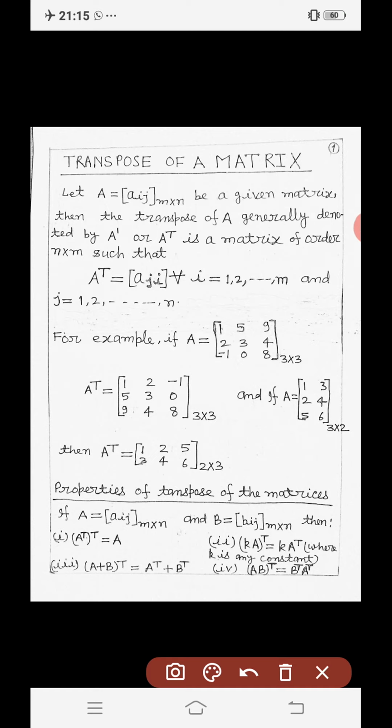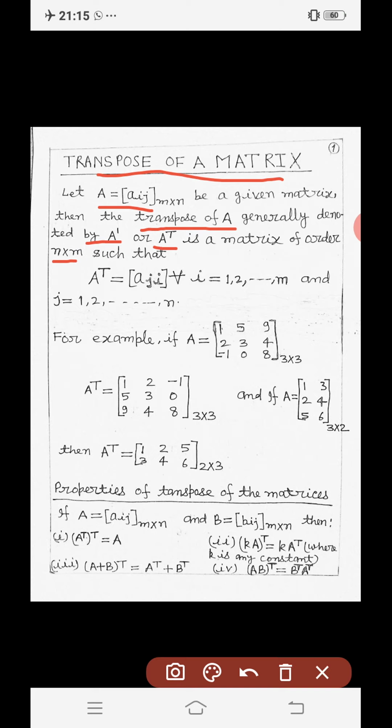Today I am going to discuss the transpose of a matrix. Let A = [aij] of order m by n be a given matrix. Then the transpose of A, generally denoted by A' or A^T, is a matrix of order n by m such that